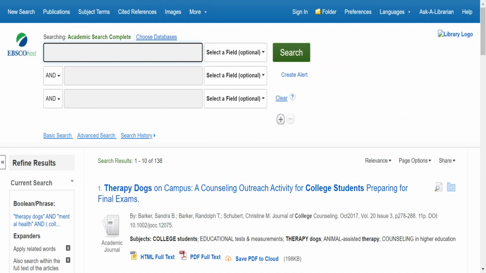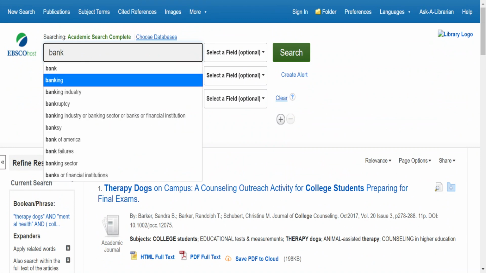Last but not least, you can also maximize your search using truncation. So if we put bank and then we put an asterisk there, it will search the root form of a word with all its different endings. For example, if we do bank with an asterisk, we will get results with these words: bank, banks, banking, bankers, bankruptcy, etc. So if I hit search,